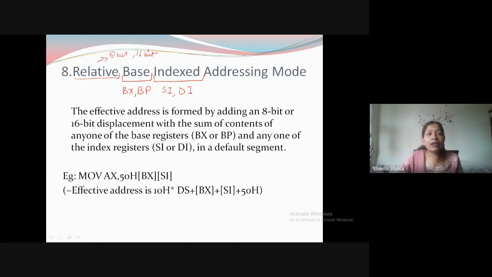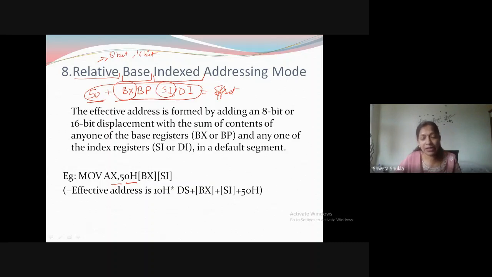Addressing mode. So here, what makes an offset address complete? The value which is in an index register, the value which is in one base register, plus some relative value which can be anything. When you add all these things, you get the offset address. Remember. So done. Let's come to the example. We have the example here. MOV AX comma. First of all, we have relative. So remember, the word relative means you will have some value.